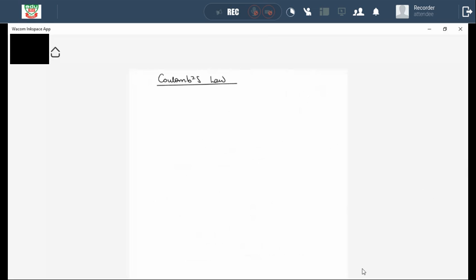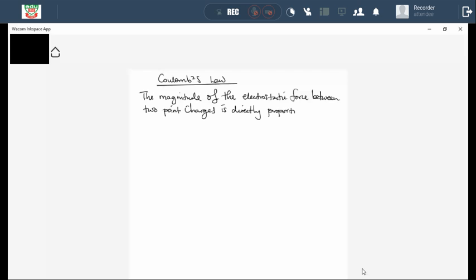Coulomb's law states that, remember the word magnitude means size in science, the magnitude of the electrostatic force between two point charges is directly proportional to the product of the magnitudes of the charges,